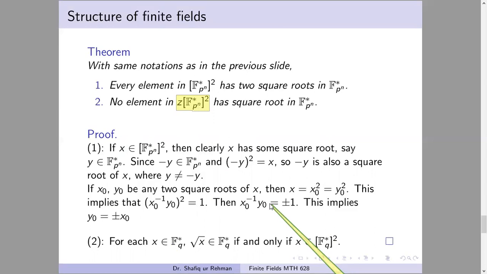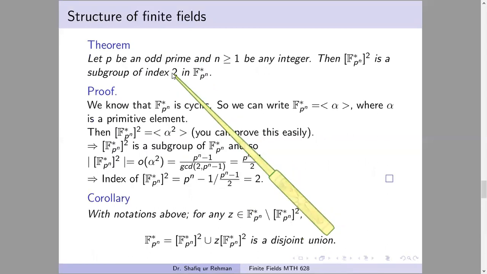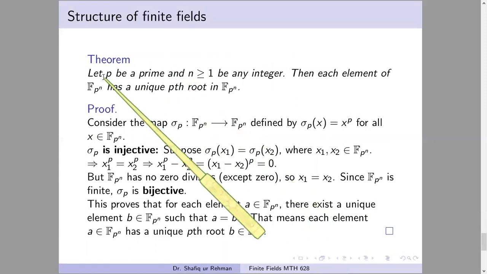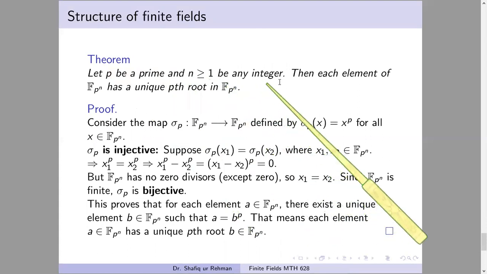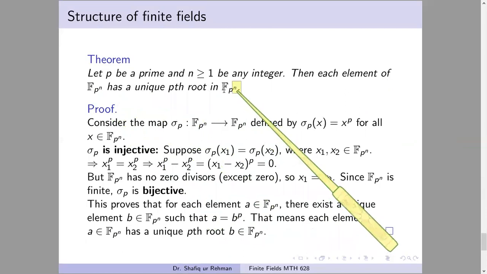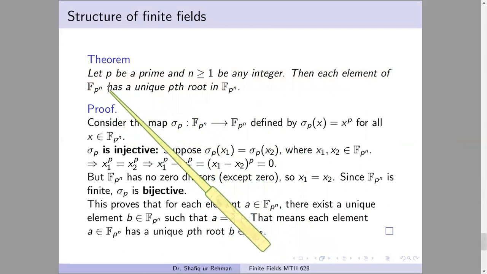तो हमने इस थ्योरम को, जैसे ये थ्योरम था कि अगर फील्ड है F2 पावर n वाला, तो इसमें स्क्वायर रूट यूनिक होगा, लेकिन अगर हम ले लेंगे फील्ड 3 पावर n वाला, तो उसमें क्यूब रूट यूनिक होगा। अगर 5 पावर n वाला फील्ड लेंगे, उसमें फिफ्थ रूट यूनिक होगा। तो हमने ये एक जनरल रिजल्ट प्रूव किया। Let p be any prime, and n be any positive integer, then each element of F_p^n has a unique pth root in this. pth root ऐसे एलिमेंट को कहते हैं कि जिसकी पावर p लेने से वो एलिमेंट आए। An element x has a pth root y if y power p equals x.